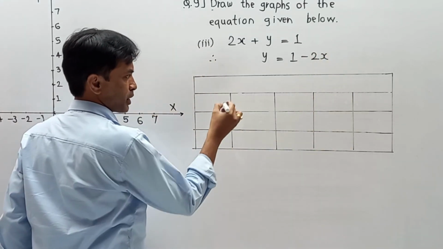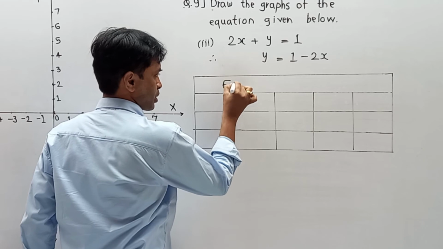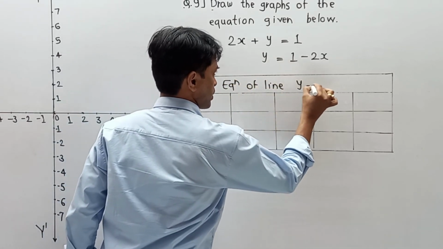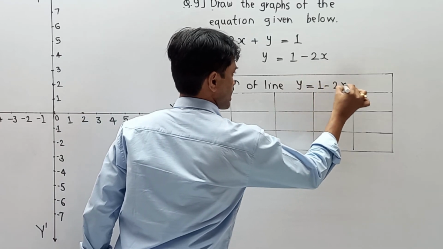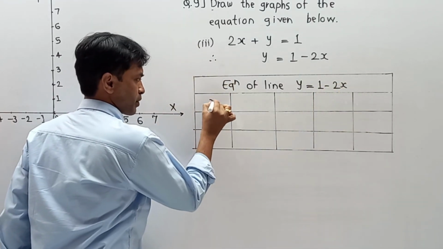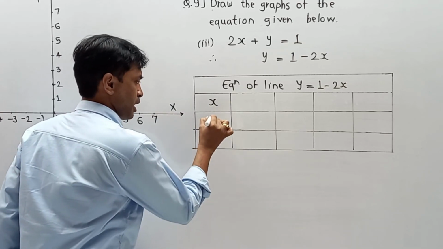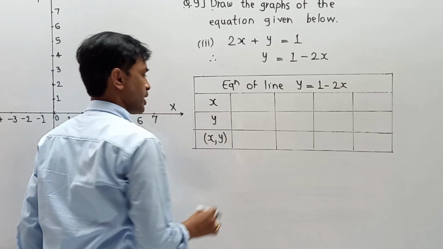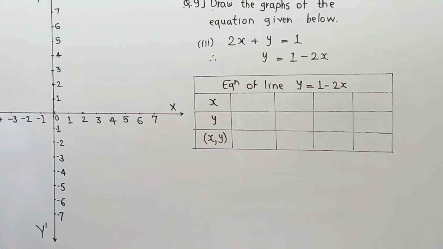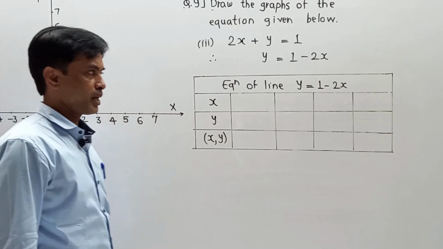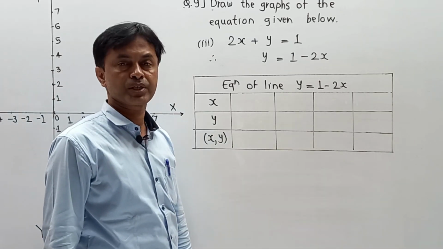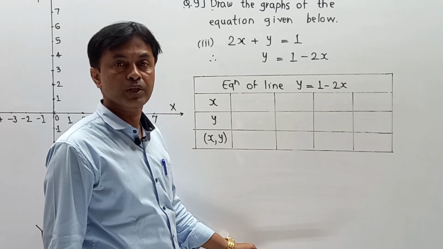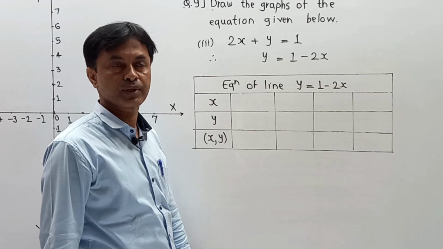Putting that value into a table chart. So the equation of the line is y is equal to 1 minus 2x. First of all, we are going to consider some values of x. After putting into the equation, we get the value of y, and the coordinate will be ready in terms of x and y. That is the logic that we are using over here. Now one by one, I am going to start the first part. Please pay attention. If anyone has any doubt, please do your own calculation over here. That is also required, which is going to give you a correct answer.